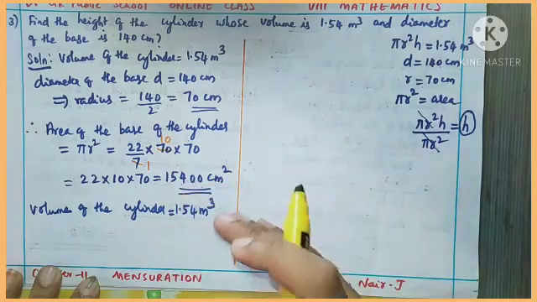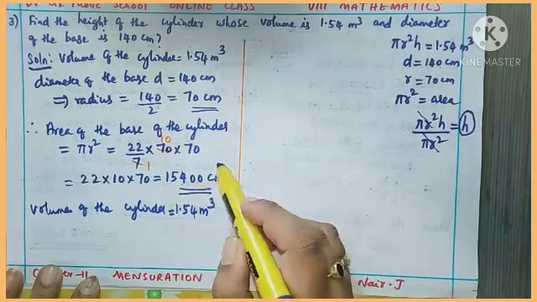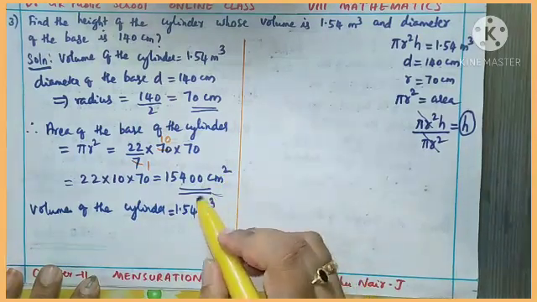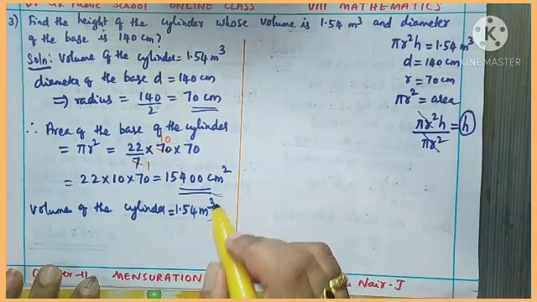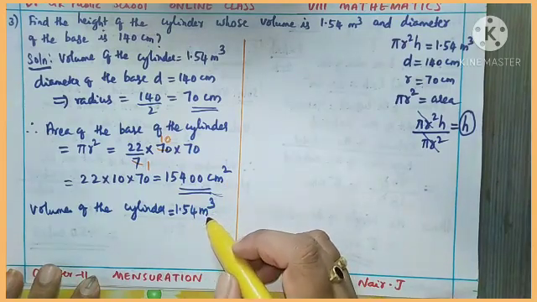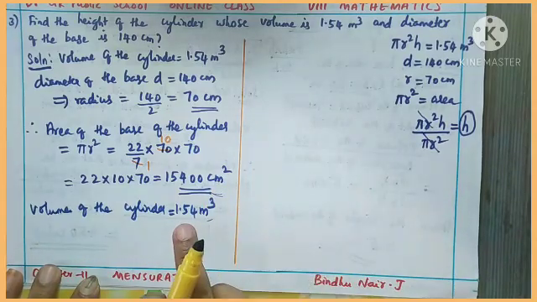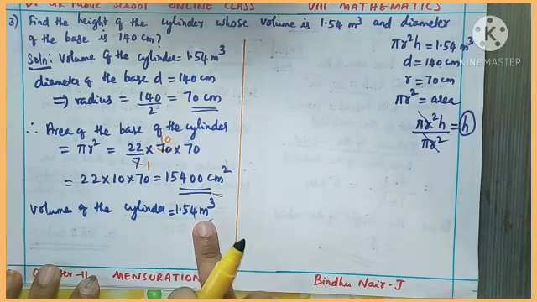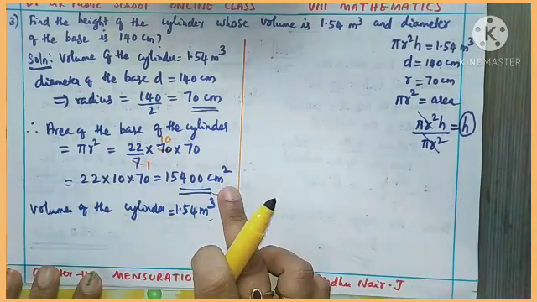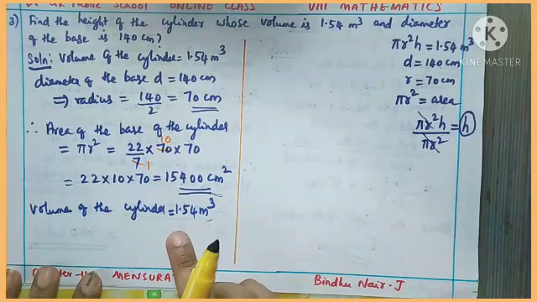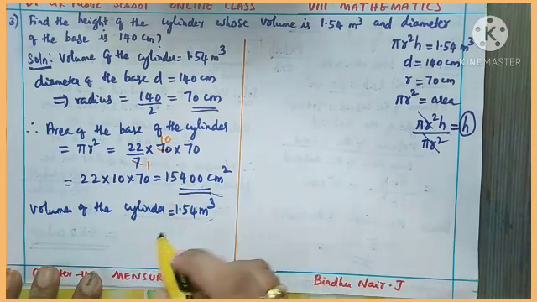Okay, you want to make the units the same quantity. Here you can see that the area we found is in centimeter square, but the volume is in meter cube. Both are different units, so you want to convert this into the same unit, that is meter into centimeter or centimeter into meter. Here we are going to convert meter cube into centimeter cube. So meter cube into centimeter cube means you want to multiply 100 into 100 into 100, because 1 meter is equal to